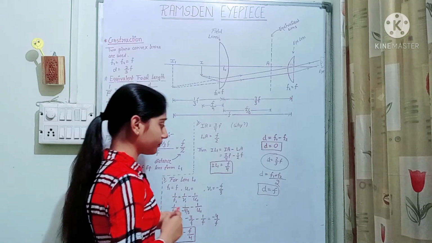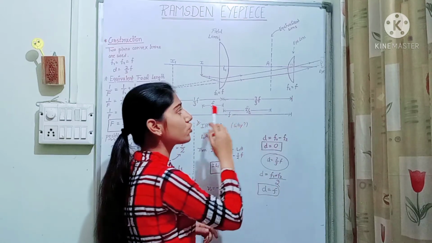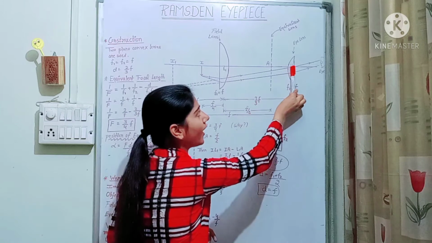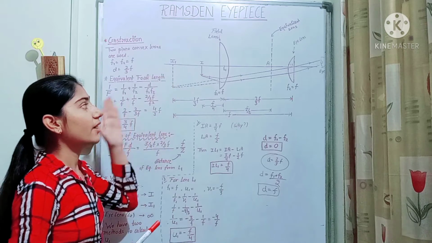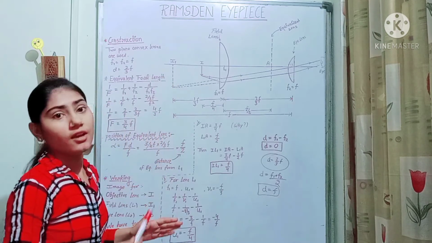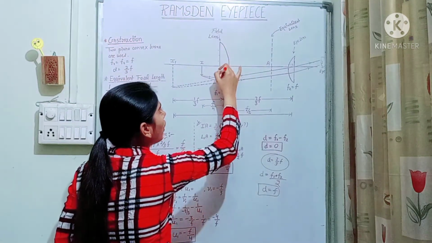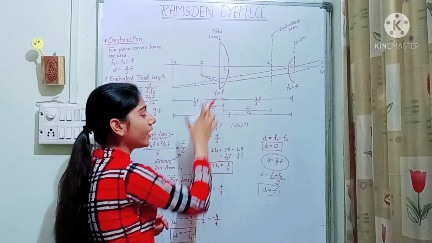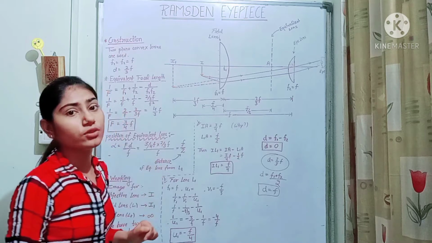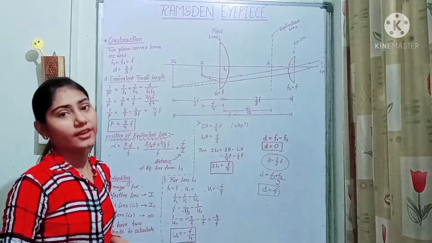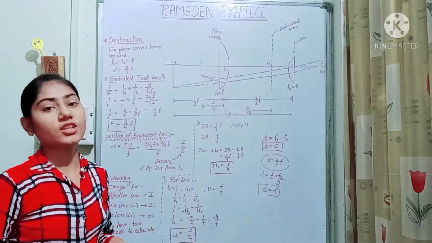See, what is meant by D equals F? It means the field lens should be placed in the focal plane of the eye lens. And if we put our field lens in the focal plane of the eye lens, what will happen? If there is any dust particle on the field lens, then it is placed on the focal plane of the eye lens, so this dust particle is also magnified by both the lenses and it spoils our final image. That's why we are not taking D equals F, and there is some chromatic aberration in the Ramsden eyepiece.